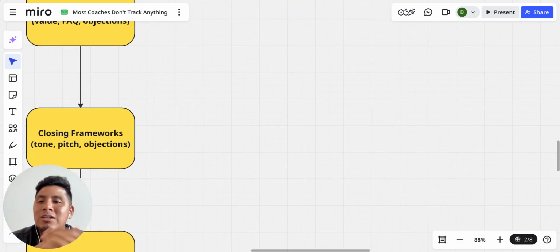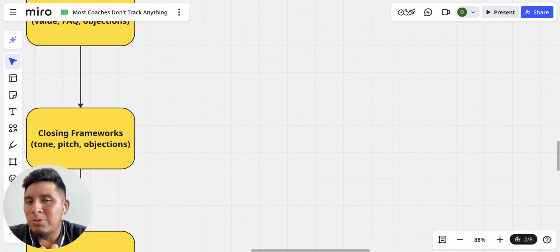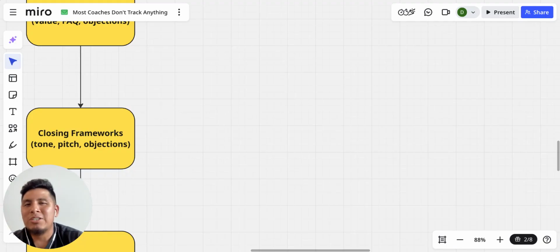Another thing, now that we're switching to the close rate, is the closing frameworks. Now, this is different for every type of offer, industry, and avatar. But what I typically say is, what is the tonality that you're using? What is the pitch? What are the objections? And mainly, what type of frame do you have when you're on a call? Are you a pushover, someone who's super friendly? I'm not saying you have to be a jerk on the call, but for the avatar and industry that you have, what's a frame that you bring onto the call so that you're leading the call?